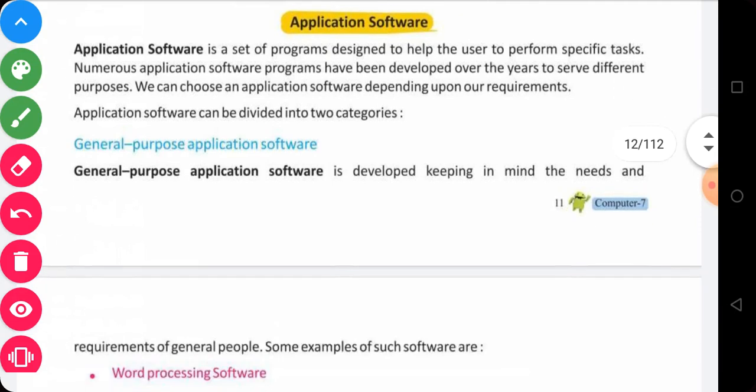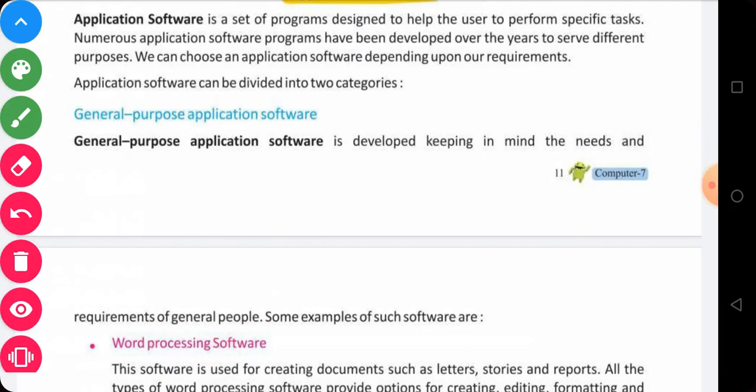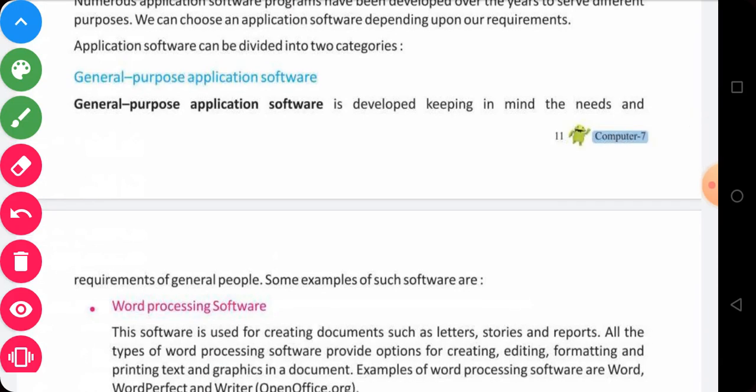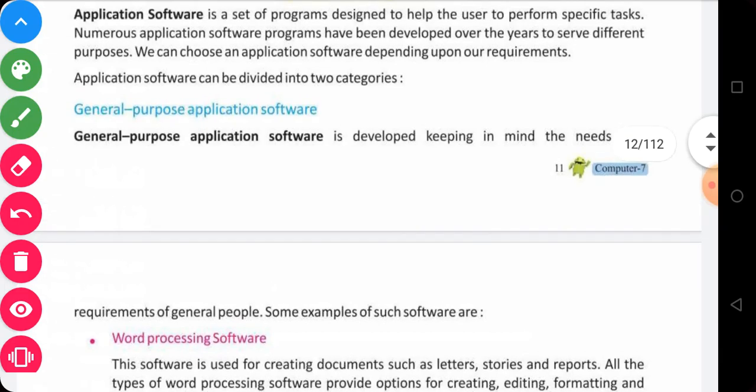One is general purpose application software, which is used by anyone, and the other is specific purpose, or implementation based, software, which we need only for our specific task. For example, for research or scientific purposes, we require certain types of applications which are used for our needs only. For that, we need another type of software.